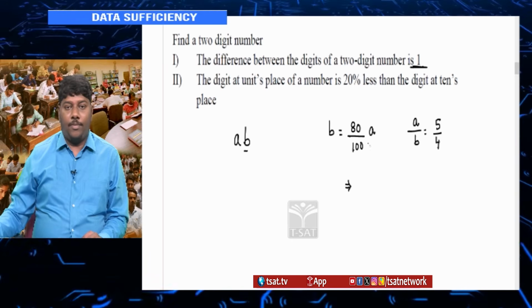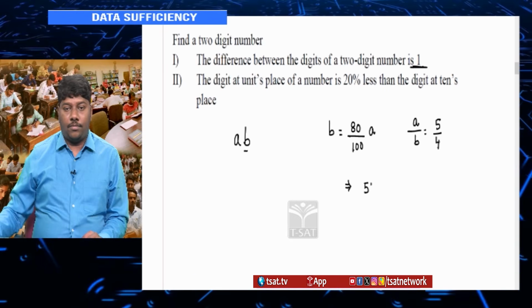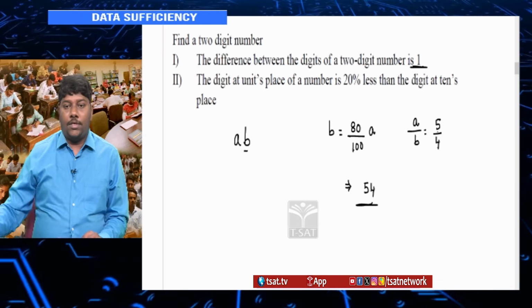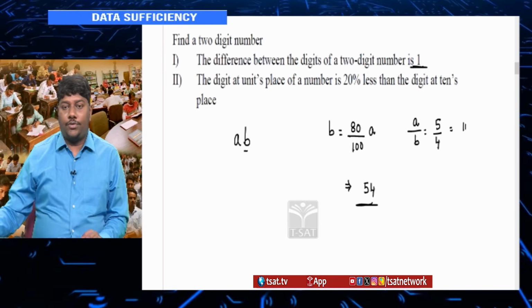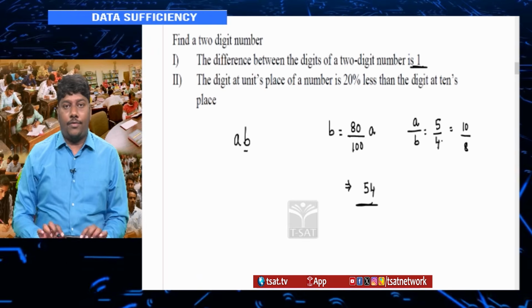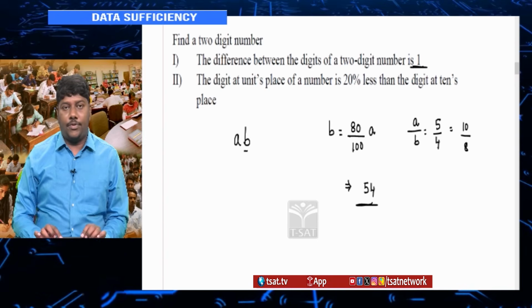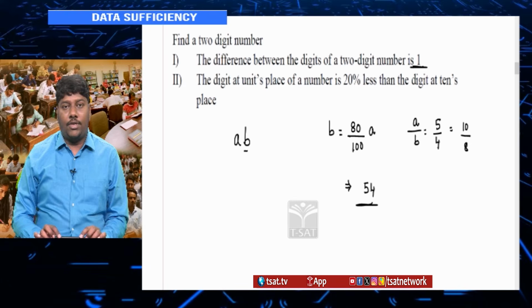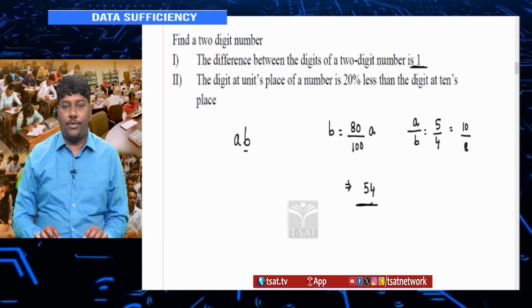So, I would say a by b is 5:4. You can always write it as 10:8 or something like this, if you cannot simplify it further. So, 5:4 I will write it. So, 5 and 4, it is 54 I can write it, because in 10:8, 10 is not a unit digit. So, a 2-digit number whose ones place and tens place are in the ratio 4:5 is